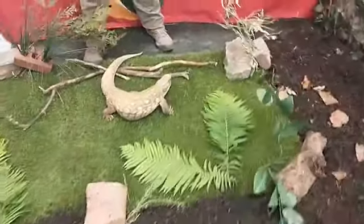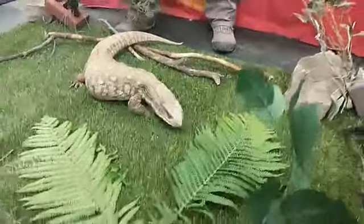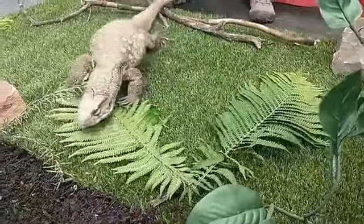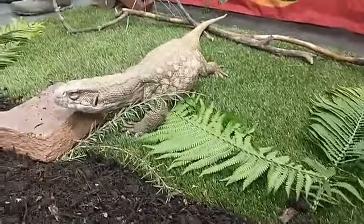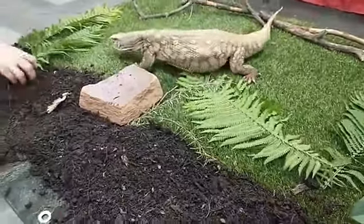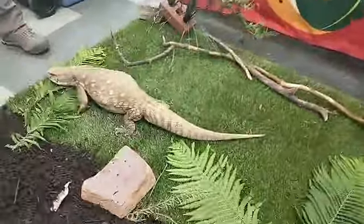So this is not an animal that you could easily keep in a small tank or a small cage. You would need to provide him lots of space. On top of being a large-bodied animal, he also would really love to dig. So you guys can see we have some soil here. He has some substrate that he can dig in his enclosure, because in the wild, Savannah monitors are actually going